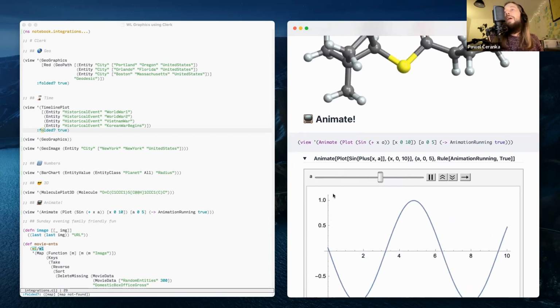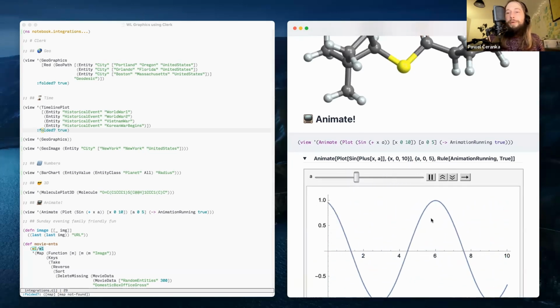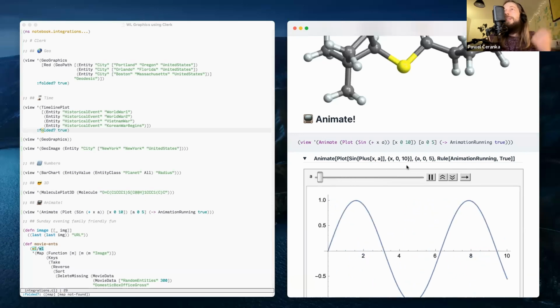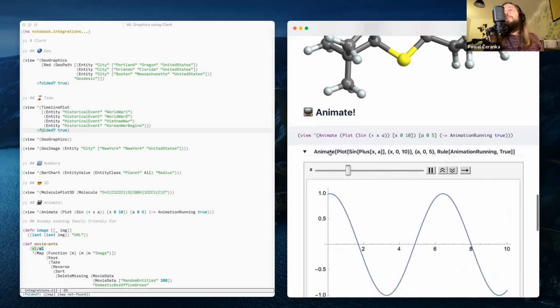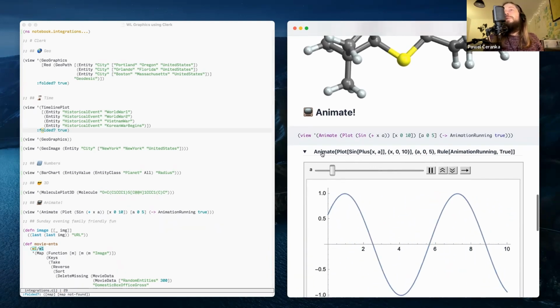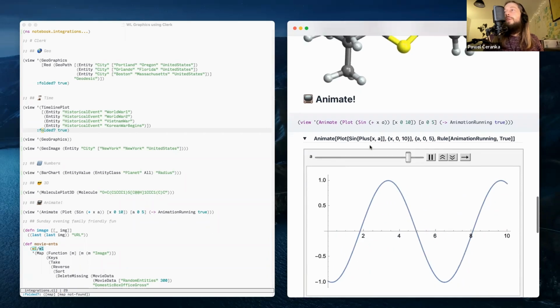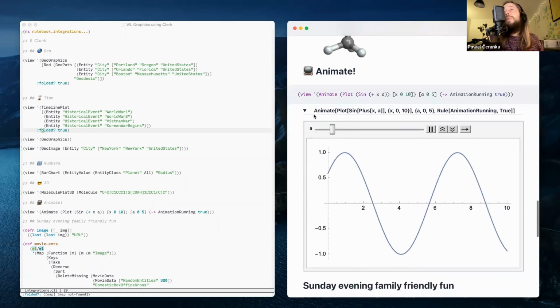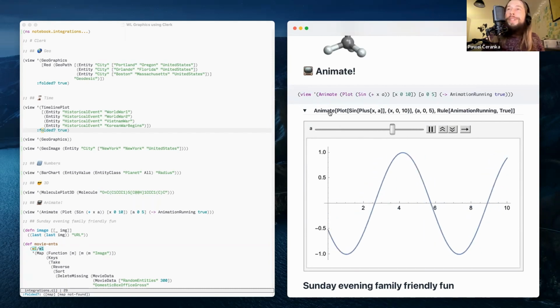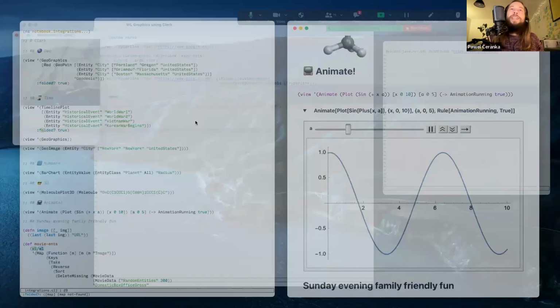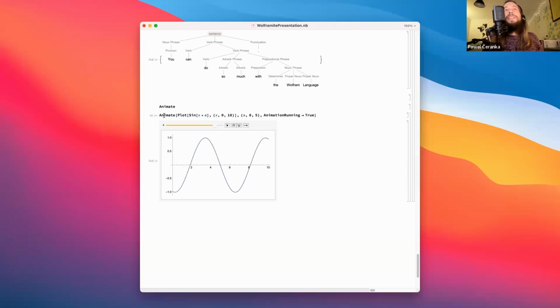We could have a JavaScript widget, an extension of Clerk, that could intercept some specific types of Wolfram language expressions and then render better widgets. But one thing you can do is they can give you the GIF, so it's already quite cool. Instead of the Manipulate that we've seen here, we're seeing this form.